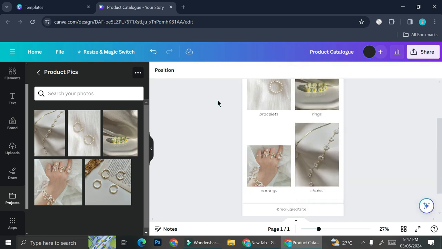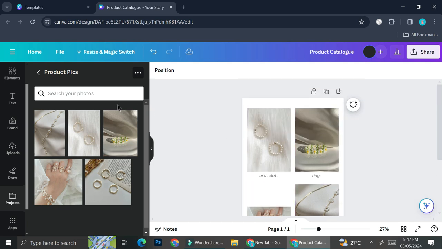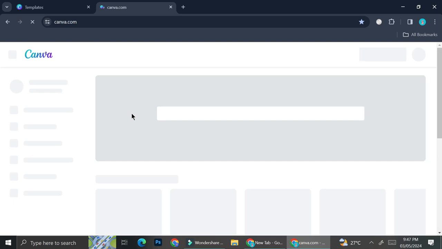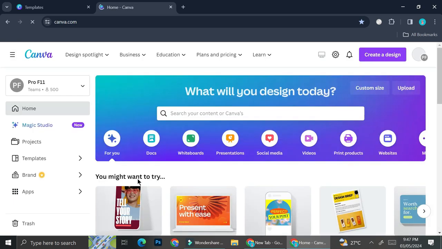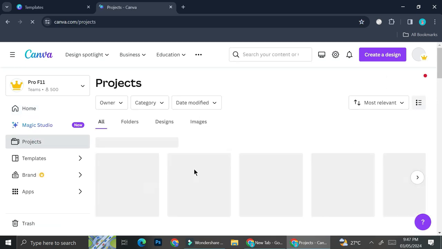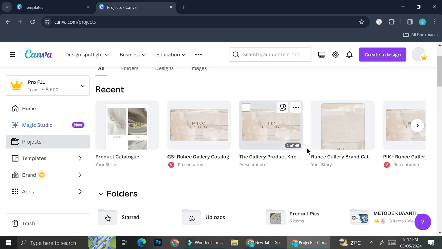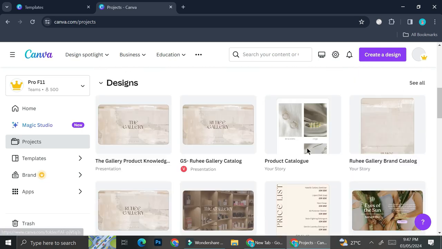But if you want to use this template again, and let's say that you'll need to get off of your computer, don't worry. Once you go to your project, you'll be able to see all of the designs that you have already created on Canva. So let's say you're going to go to the section right here. It's called project, and in this section right here,